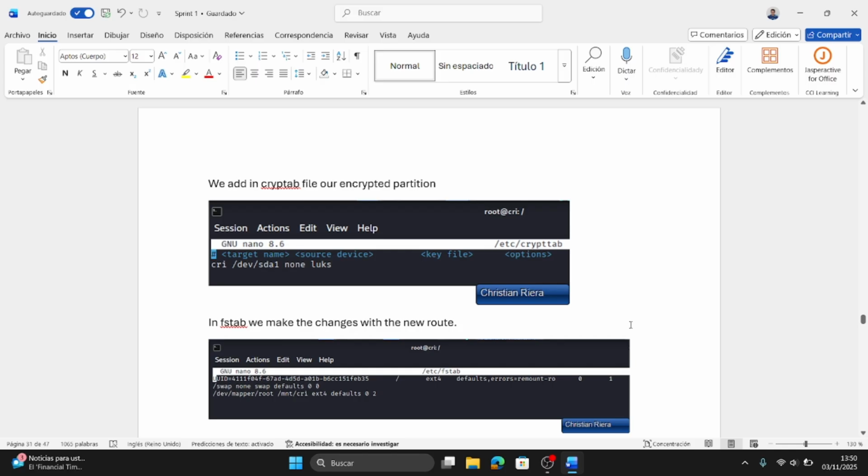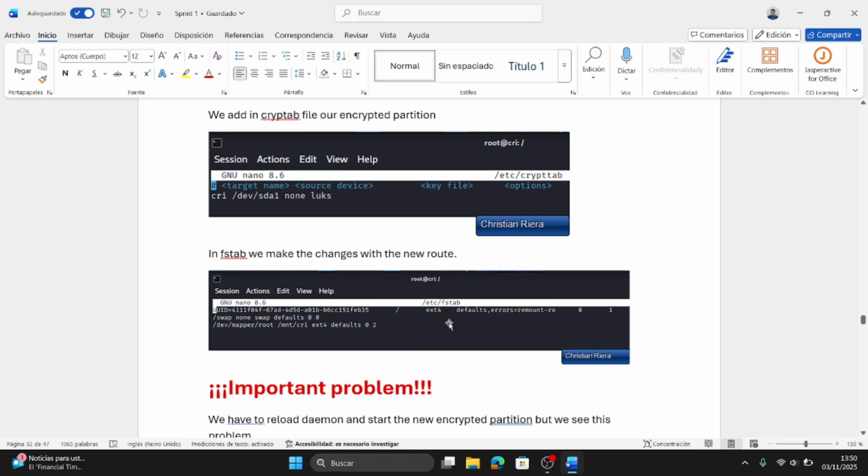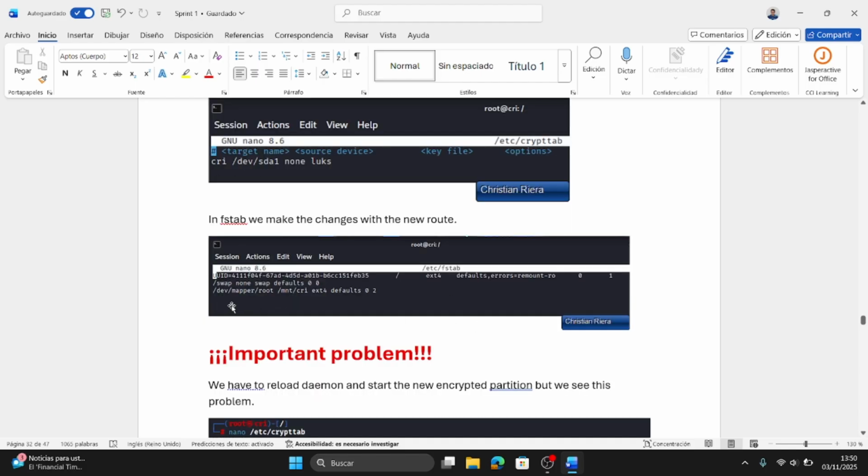Now in the crypttab file we have to add the new partition that we have created, and in the fstab file we have to add the partition with the new encrypted directory.